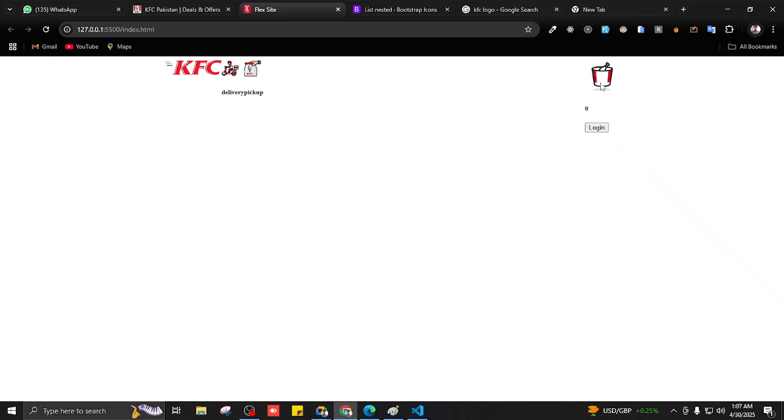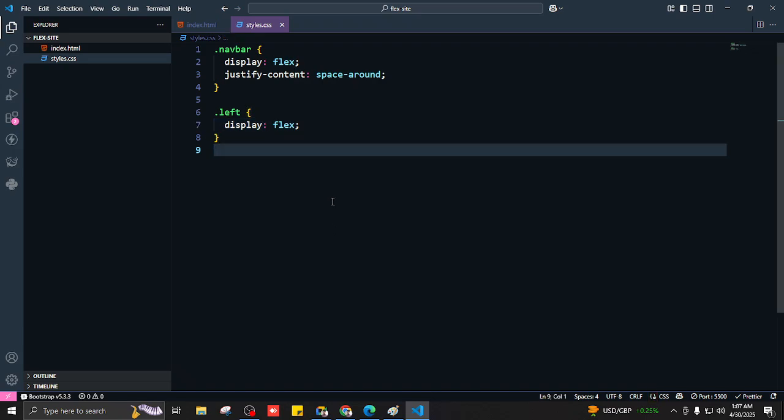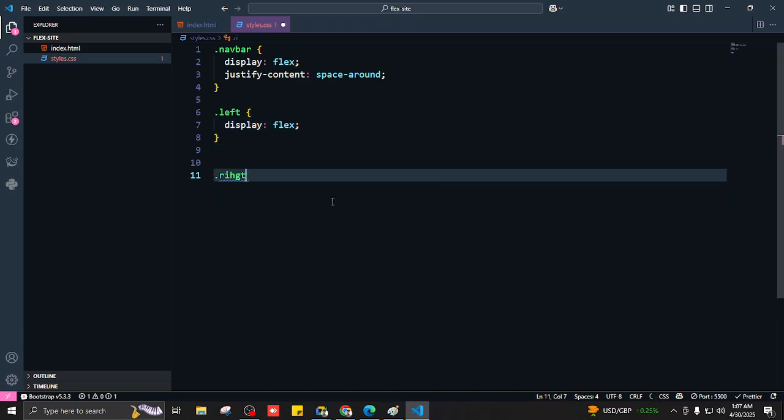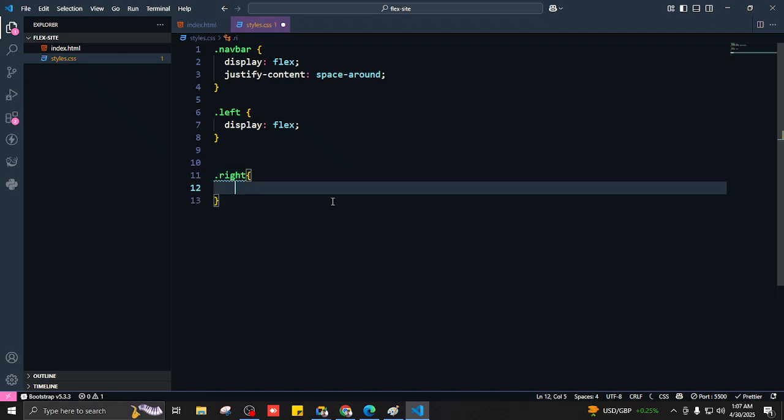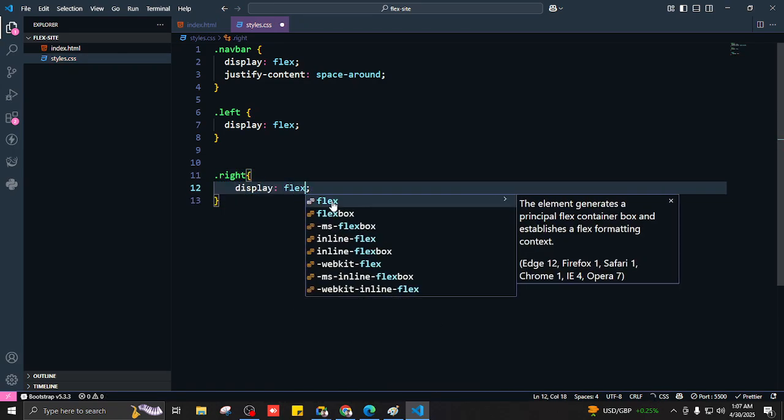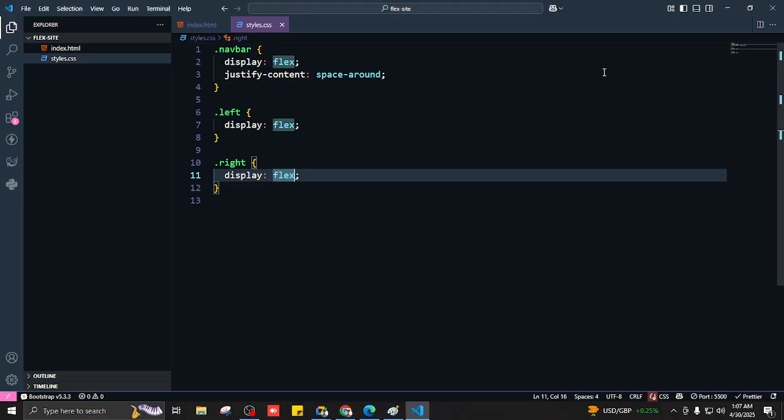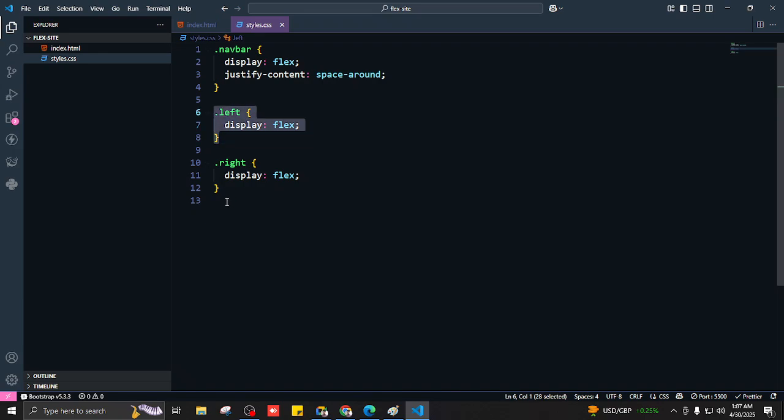Now I want these two to be side by side as well. What should I do? You're going to target the right side. Yeah, good. So we're going to target the right side, and I'm going to say display flex. Right. So now they're side by side, but there's some problem, and that problem is, do left and right have the same